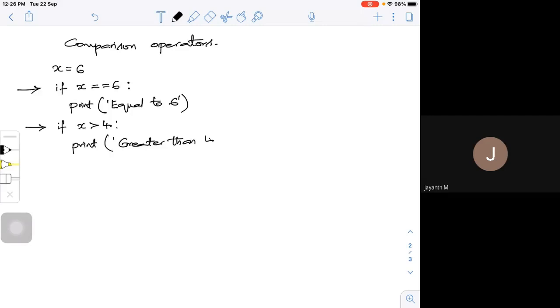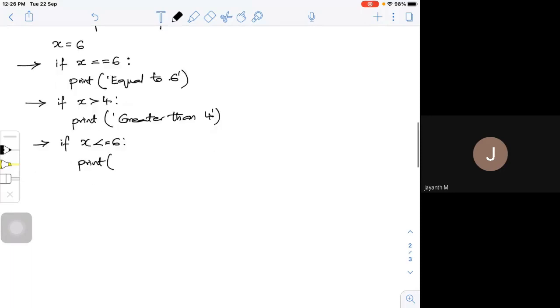Next, one more statement, let me check if x is less than or equal to 6. Print "it is less than or equal to 6."